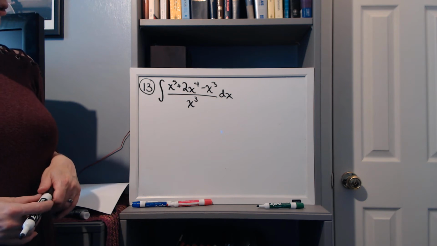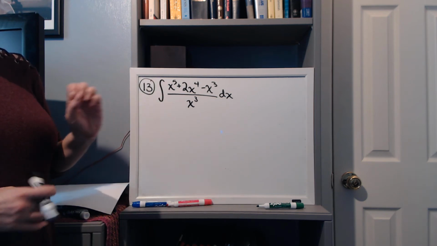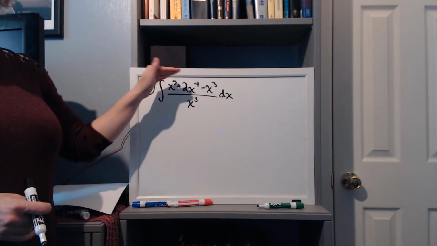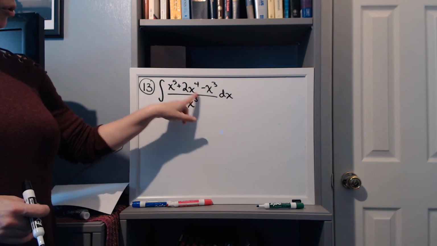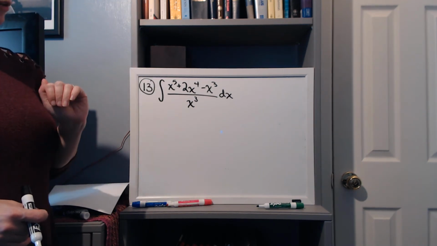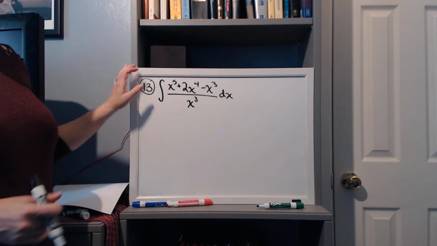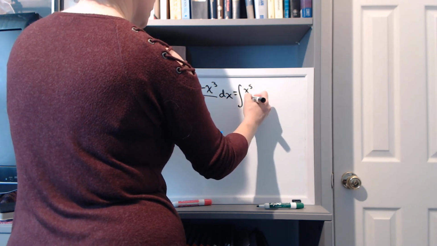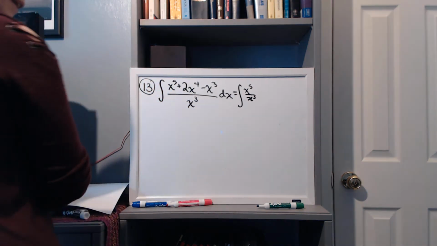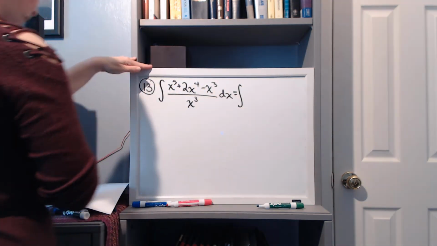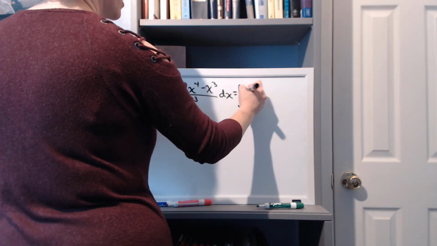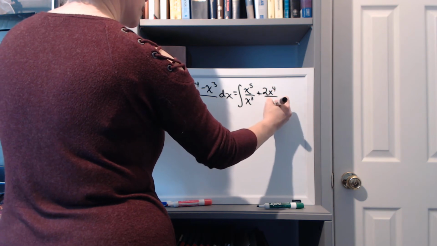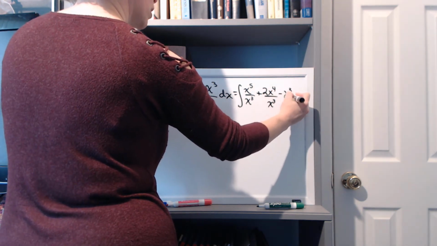But what we are going to do first, before we go down that pathway and try to think of something complicated, is see if we can simplify the integrand. Because we have this fraction here with only a single term in the denominator, we're going to break it up into individual parts and see what we can do to simplify. So this will be the integral of x to the fifth over x cubed. I need to rewrite that because I did not do a good job. So we can leave this all in one integrand, just break up the fractions. So we're going to have x to the fifth over x cubed plus 2x to the fourth over x cubed minus x cubed over x cubed